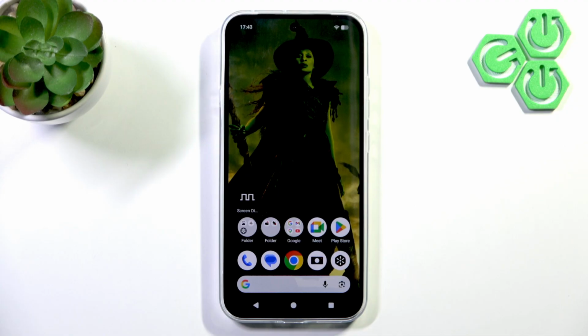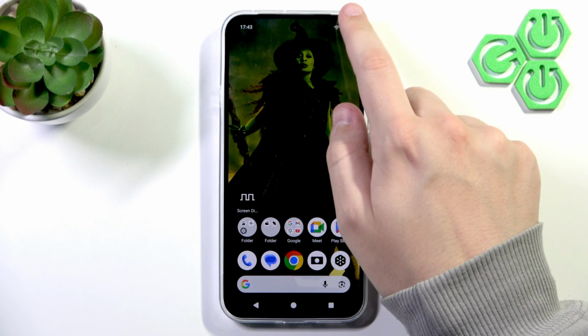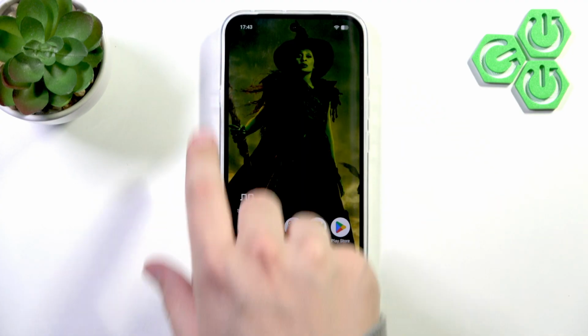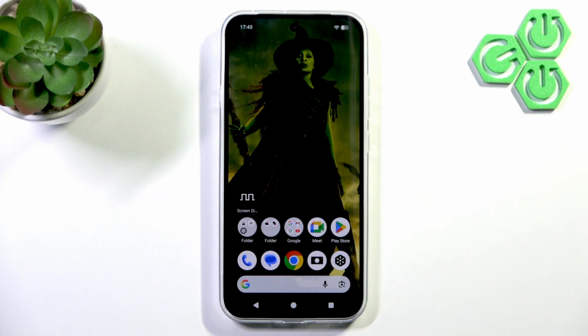And for the screen protector, if your screen protector is not aligned properly with the screen, it's going off to the edges or to the sides, doesn't matter from which side exactly, then remove it and make sure that it's